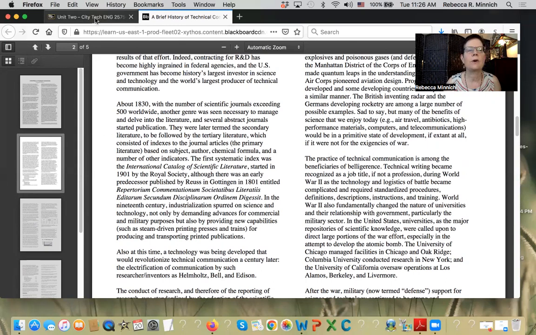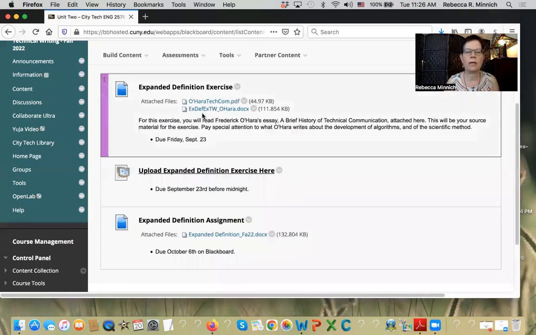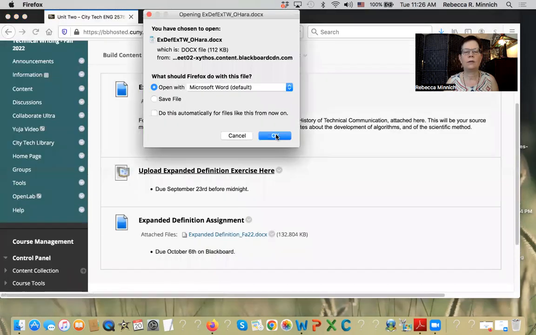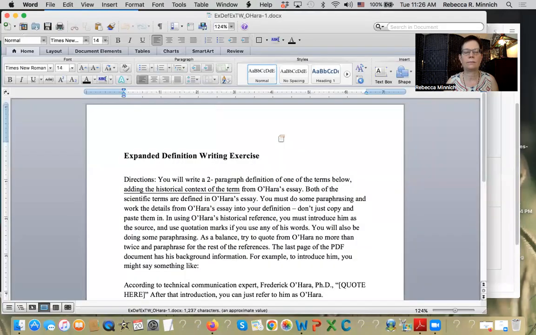All right, so let's go back. I'm going to go out of the brief history of technical communication. So notice again that both of these are attached, the assignment sheet itself and the article for it. So opening up the assignment sheet,